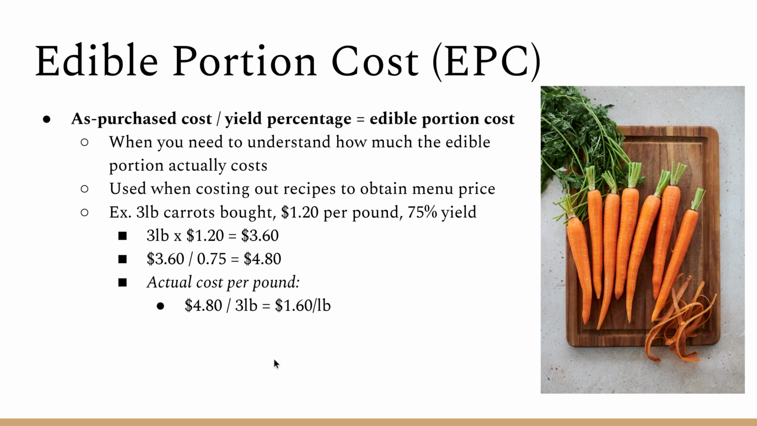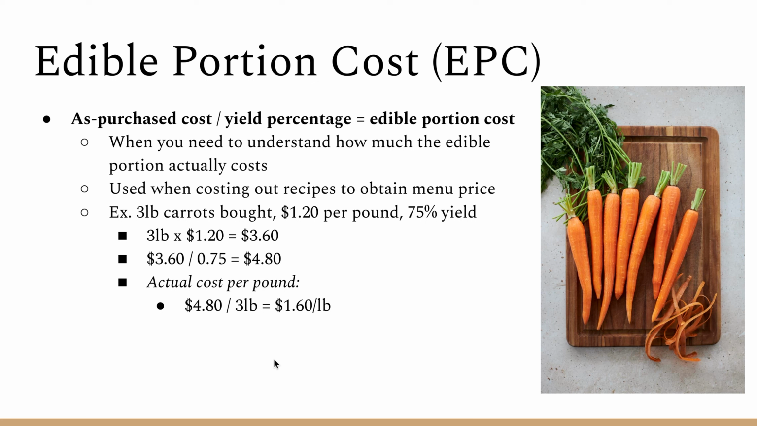An example here is we bought 3 pounds of carrots. They were $1.20 per pound, and carrots have a 75% yield rate. You would first find out your as purchased cost. So that is 3 pounds times $1.20, and that gets you $3.60. You would take $3.60, divide that by the 75% yield rate, and you are now at